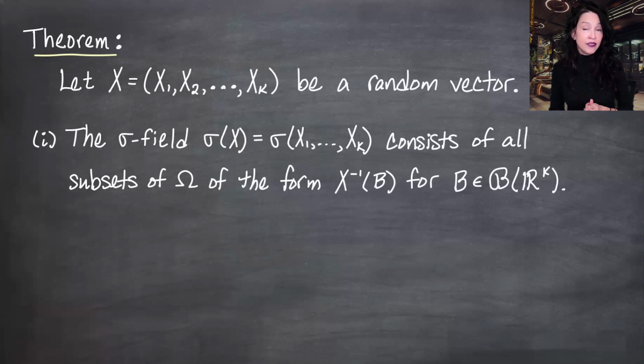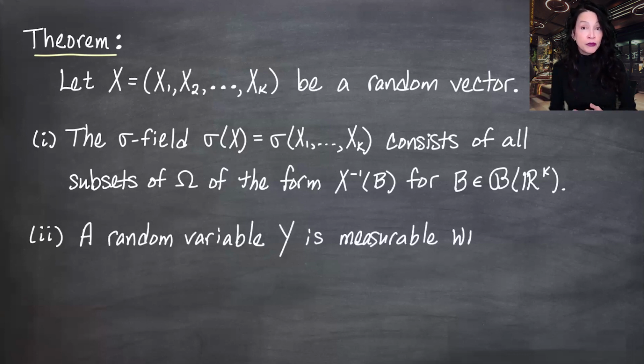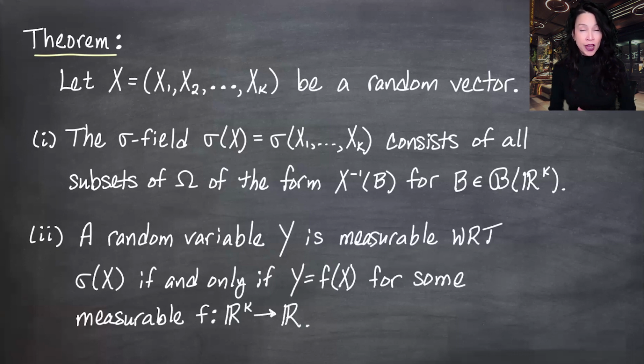We also have part 2 of this theorem, which we had in the one-dimensional case. I've got a probability space, omega, curly F, and a P. I can talk about measurability of a random variable y and pull back Borel sets. For now, y is just a one-dimensional thing. So if I pull back a one-dimensional Borel set, that needs to be in curly F. That's how it's a random variable. But that's measurability with respect to curly F. I claim that y is measurable with respect to the sigma field generated by the vector-valued random variable x if and only if y can be written as f of x for some measurable function f from Rk to R.